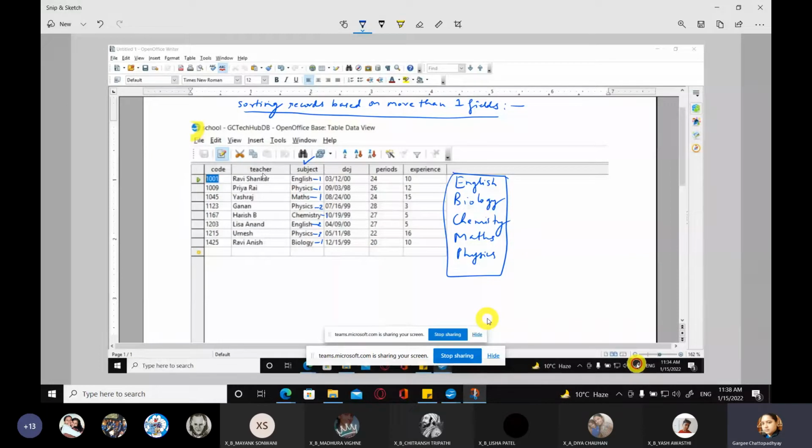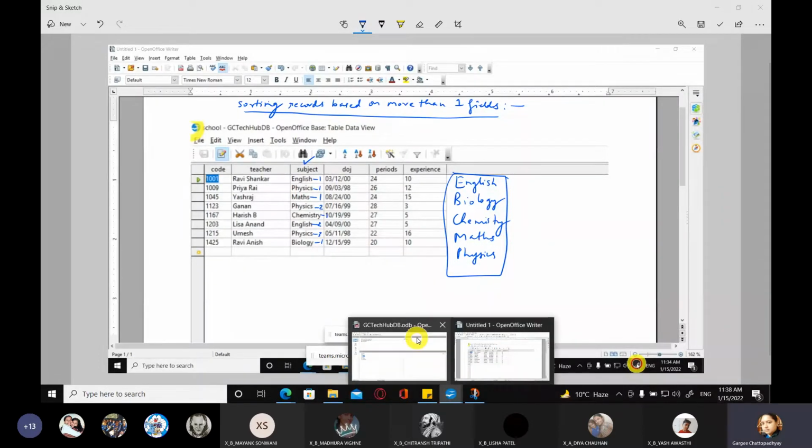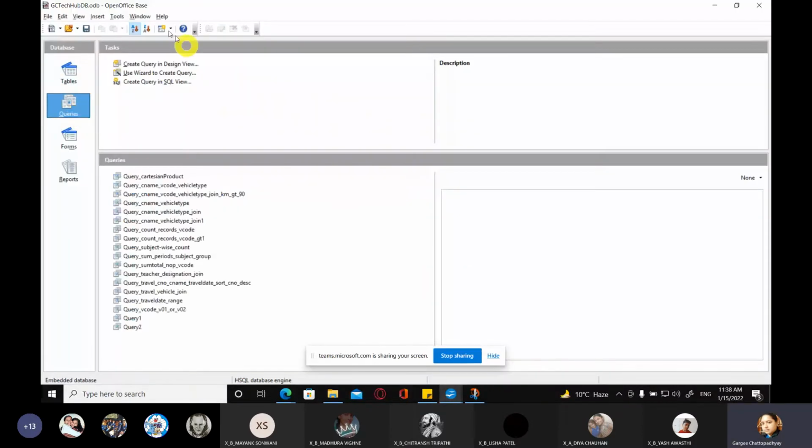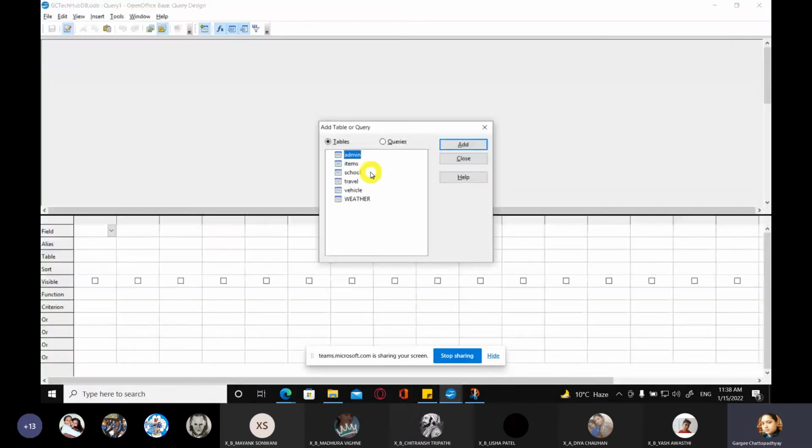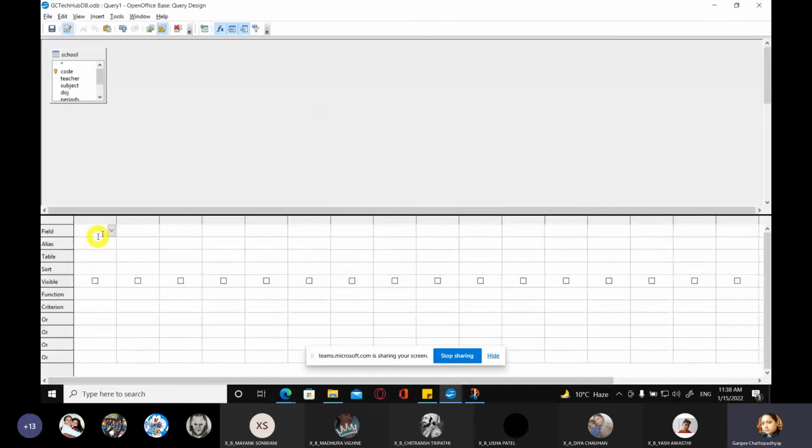Okay, so let us go back to our queries. Go to queries, and let's go to query in the design view and select the school table from here. So we first select the field here. We need to display all the records. So I'm selecting asterisk over here.